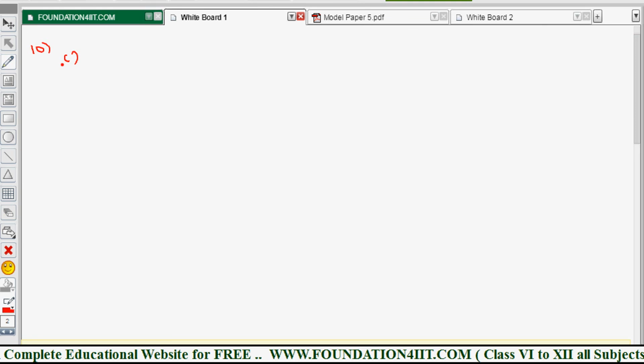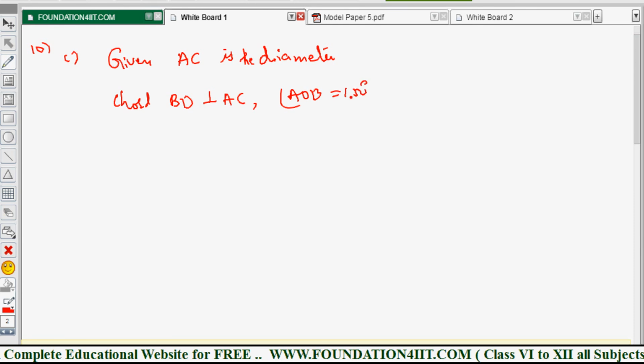So given AC is the diameter. There is a given, AC is the diameter, and one chord is perpendicular. This chord BD is perpendicular to AC. Also given angle AOB is equal to 150 degrees. Right? So in circle